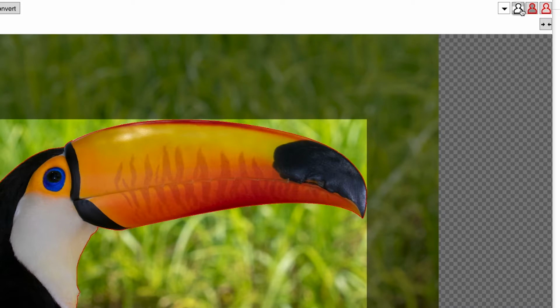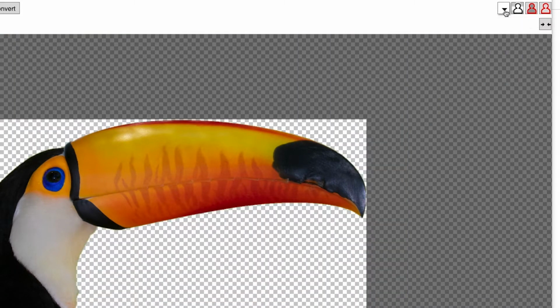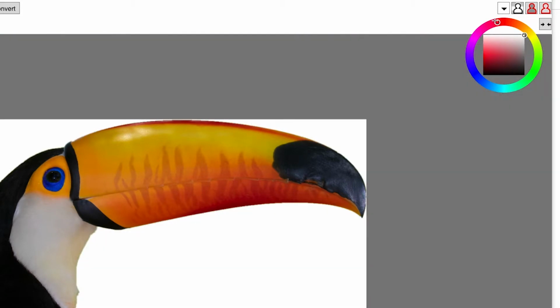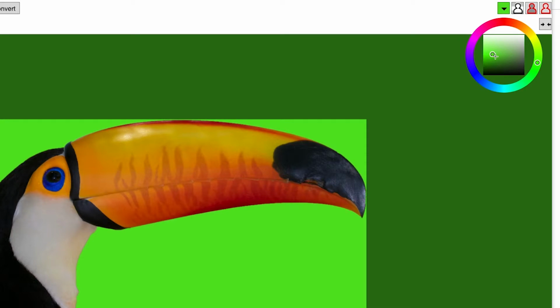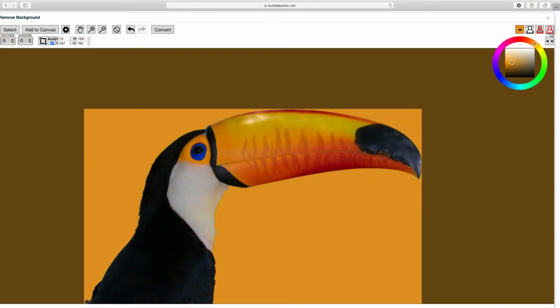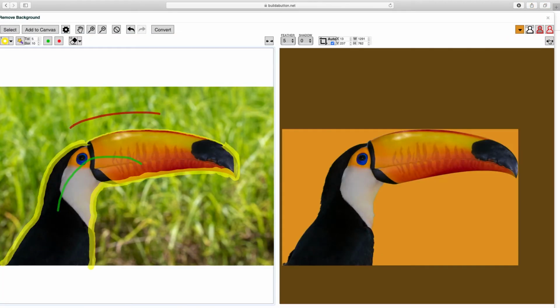So I'll go back to that first preview option, and then I'll click the pop-up to the left to bring up the color picker where I can choose a color that I would like to put behind my foreground object, behind the toucan in this case, and I could use a variety of different colors to get a sense of whether or not I have a good extraction here, whether the background has been removed effectively. In this case, I think we have a good result, so I could just take a look at the last